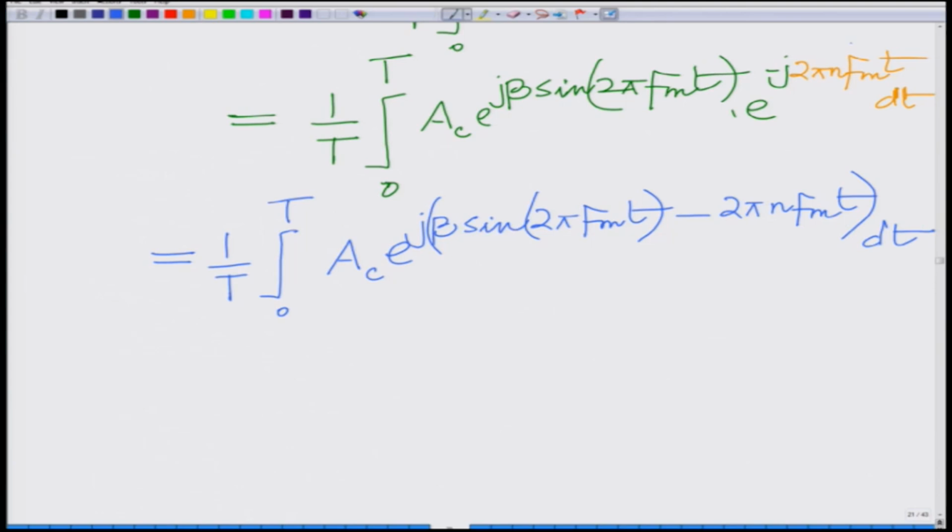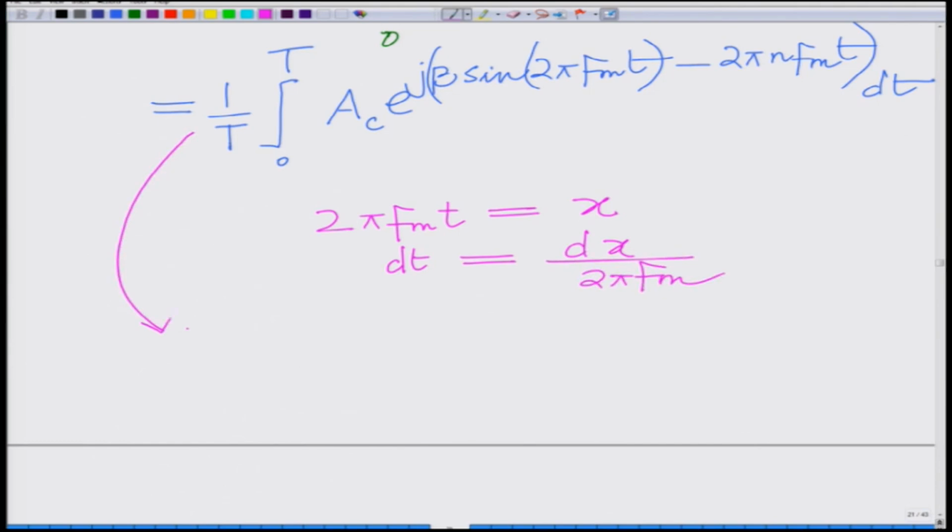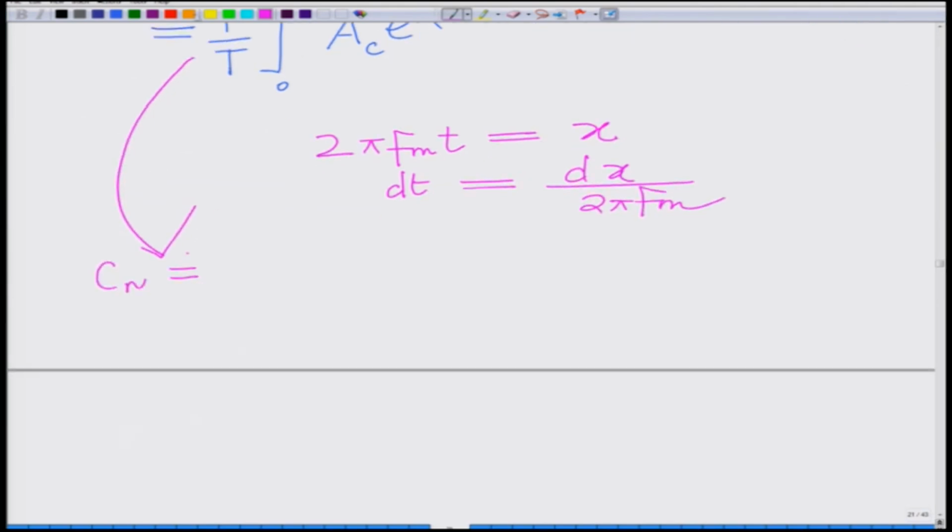Now, let us employ a substitution. I can employ the substitution 2 pi fm t equal to x, which means that dt becomes dx by 2 pi fm, and therefore this integral for Cn will become